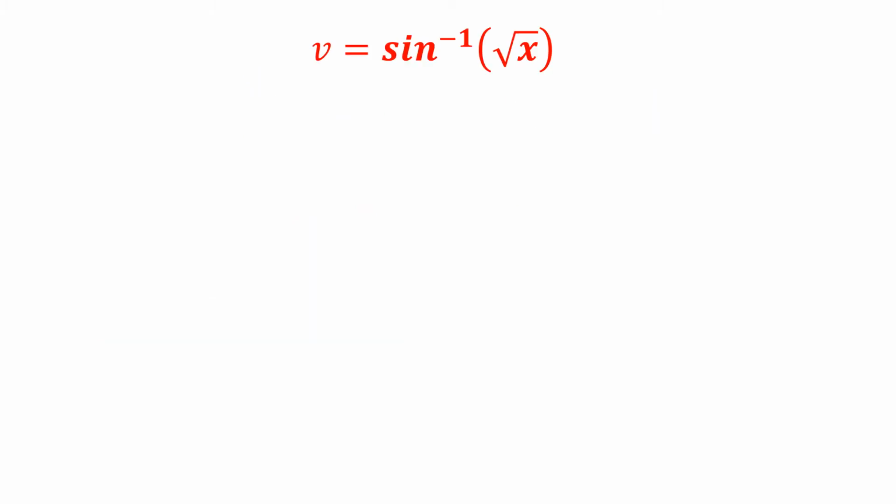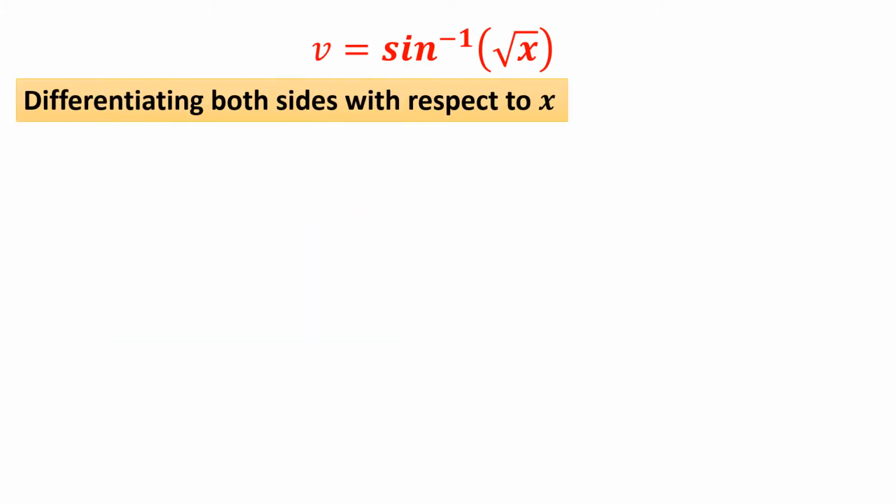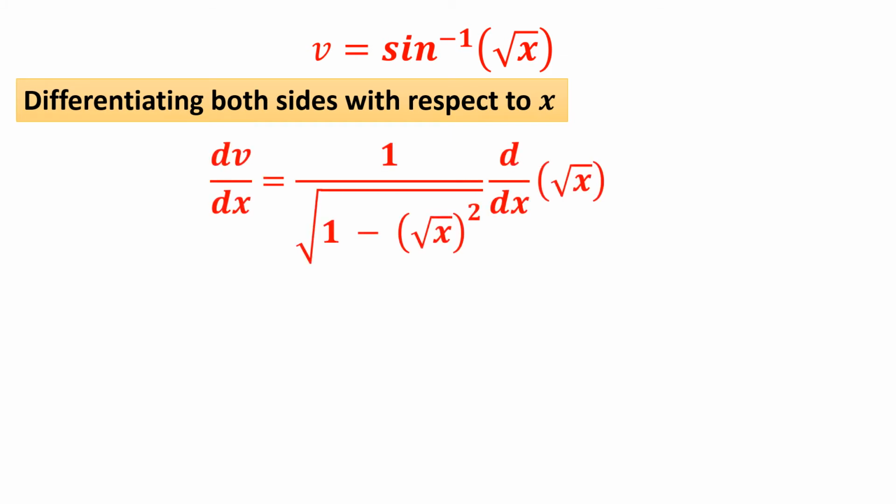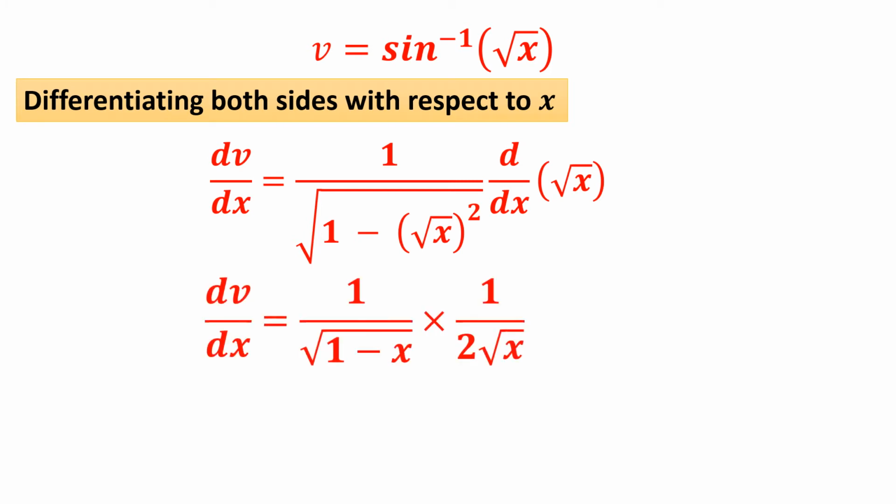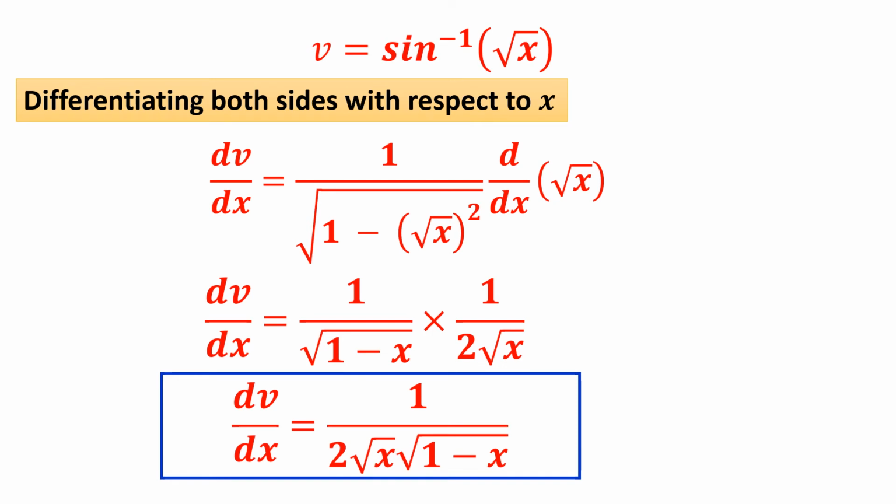We move on to v, that is sin inverse root x. Differentiating both sides with respect to x, there is no need to take logarithm; you can do it directly. The derivative of sin inverse of something is 1 by square root of 1 minus x square. Therefore here in place of x you have root x, function of function: root of 1 minus root x the whole square, into d by dx of root x, and root x differentiation is 1 by 2 root x. We can write it as 1 upon 2 root x into root 1 minus x, or you can write inside the square root as x into 1 minus x, also inside the whole square root.